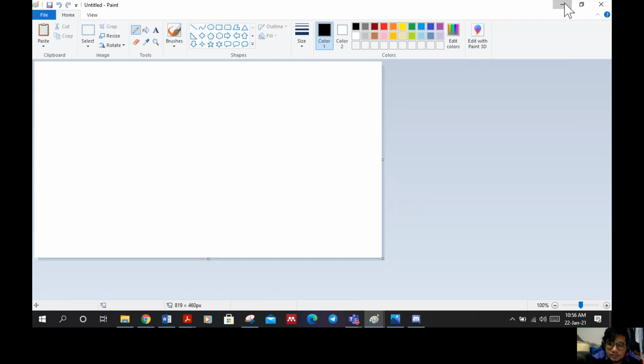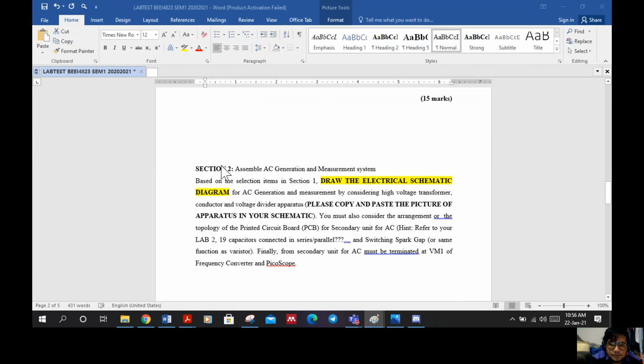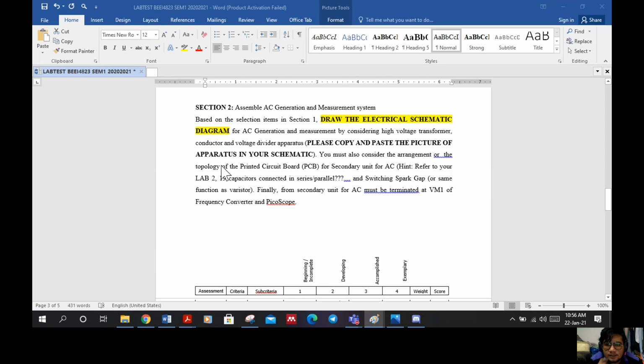Okay, for the next question is: draw the electrical schematic diagram for the AC generation and measurement by considering high voltage transformers, conductor, and voltage divider apparatus. Okay, please copy and paste the picture of the apparatus in the schematic. Okay, for the first is